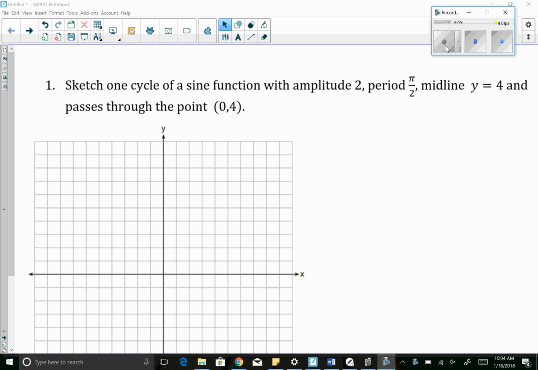So in this lesson, we kind of just reviewed all the things that we talked about regarding graphing our trig functions, especially sine and cosine. Notice we haven't graphed tangent or anything like that yet. We'll do that later. So looking at this first question, it says sketch one cycle of the sine function with